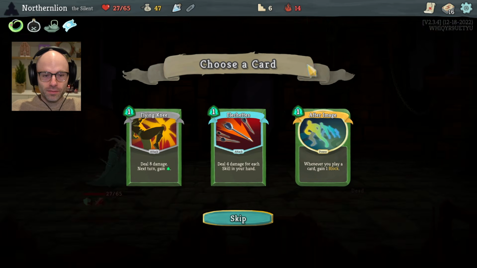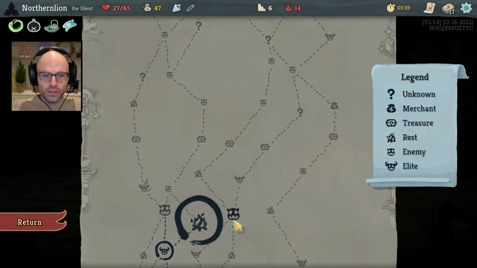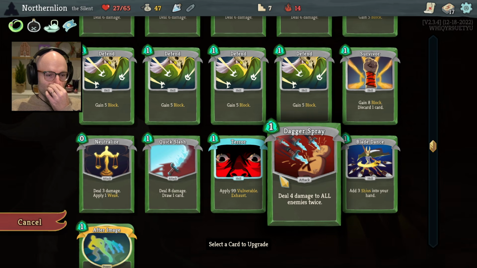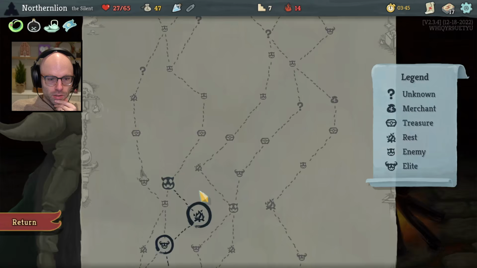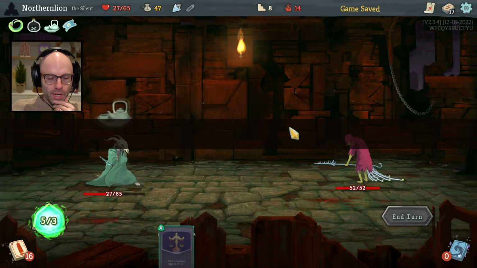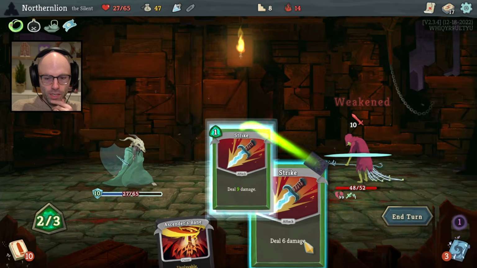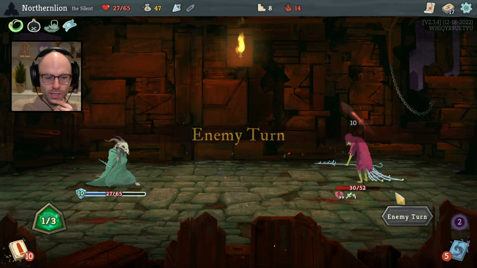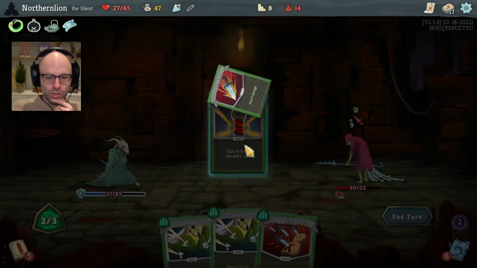Meal ticket. I do tend to like After Image. But we need some upgrades. We need Terror to be cheap. We need as many opportunities to get cards that cost X as possible. That's mostly, now that I think about it, going to be shops. And that's going to be...